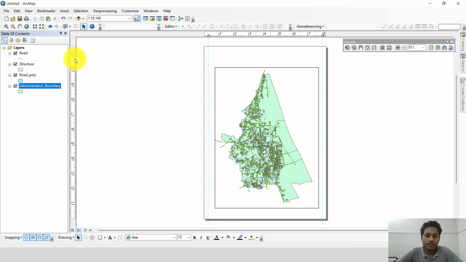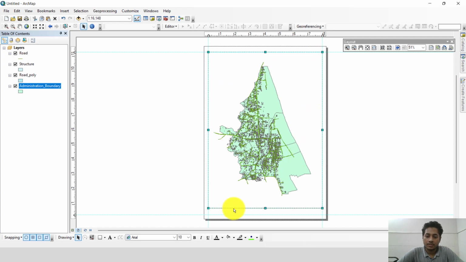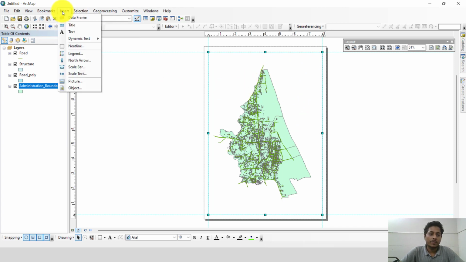Okay, this is almost our layout ready. Now we'll fix our map size by dragging it. Now our map is fit to the layer. Now we want to add our elements one by one in this map. For that, we will go to the Insert section. From here, we will go to the